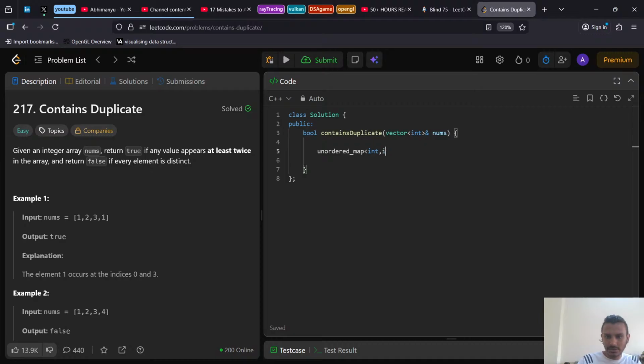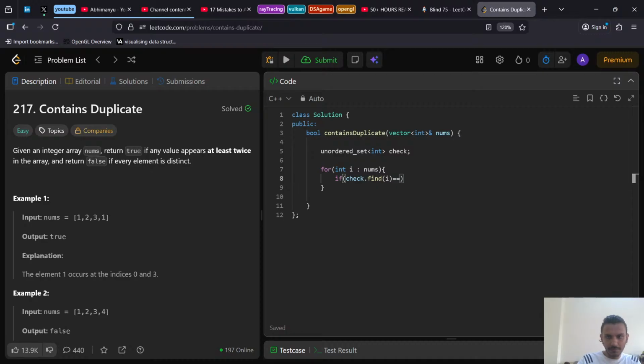Let's create a set of int. Name it check. Now for each int i in nums, what we're going to do is check if it already exists. Check if check.find(i)